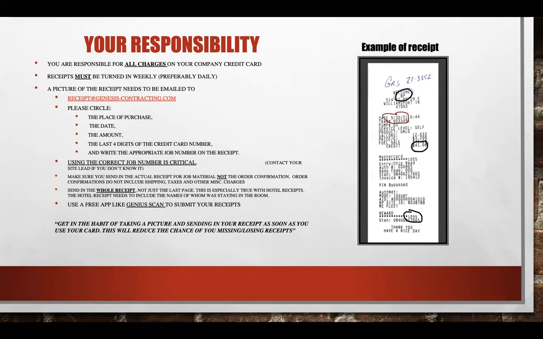The last thing you need to do is put the job number on the receipt. Again, this is typically going to be a 6-digit number, 21 being the year, and then the 4-digit job number. If you don't know what this is, you'll need to either look on ClockShark or contact your site lead to find out what job number you need to write on your receipts. When you get all this information written on the receipts and circled, then you need to send it to